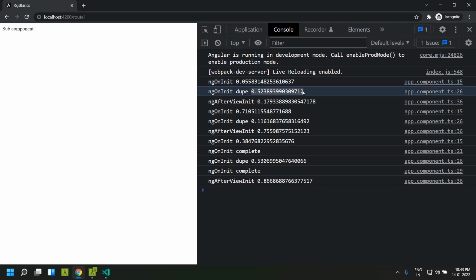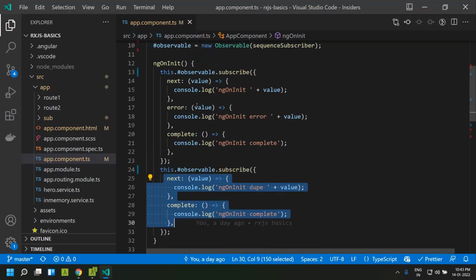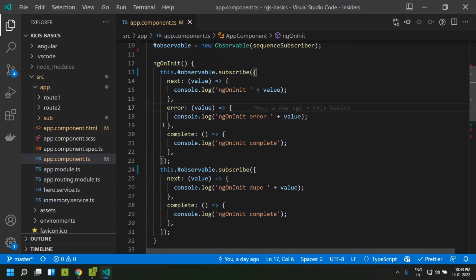Similarly, we have the duplicate handler, and in ngAfterViewInit also we have the handler. The new values are received three times, and once it is done, we had written code to complete the observable. So you can see that in the ngOnInit parts where we have given the complete handler,